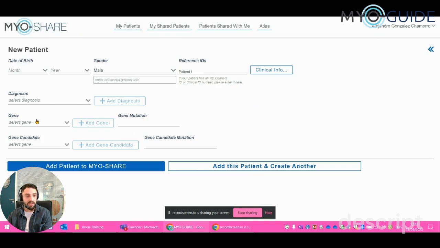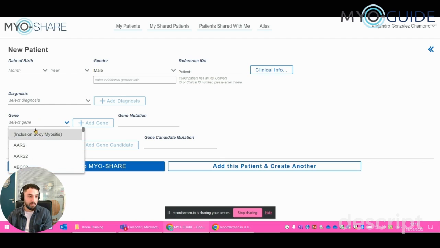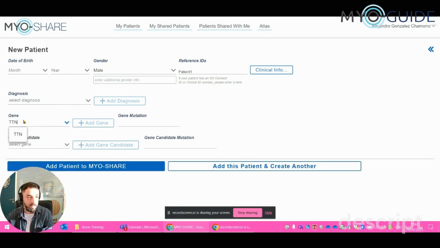What we just ask you here is to specify the gene of the patient. If I want titin, for example, I can just type the abbreviation and it will come up here.